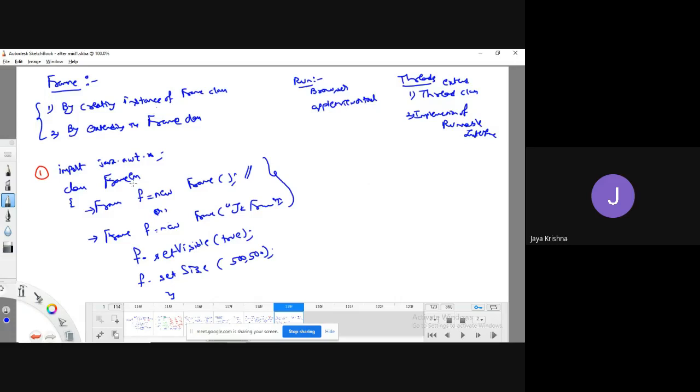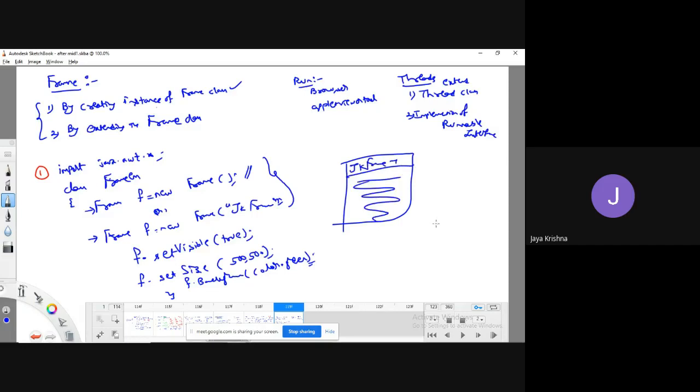This is nothing but creating an instance of the Frame class. I can write whatever things I require. For example, I would like to set a background color: f.setBackground(Color.green). I would get a frame with the title JK frame and background color green. So this is one way to implement a frame.